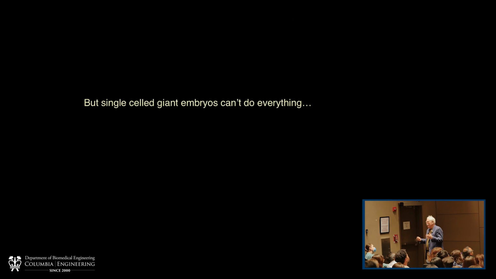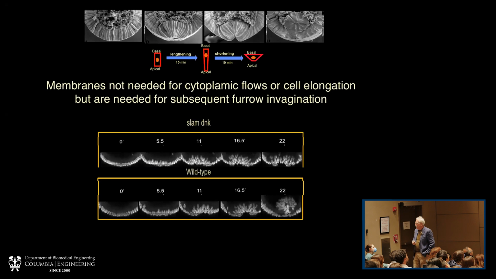But it's not good to be a big cell with no cell membranes. About 25, 30 minutes into the process, the mechanical stresses on the embryos build, and they begin to collapse or tear themselves apart. But even before they ultimately tear themselves apart, if you look at them, you see that they can't actually do everything that the real mesodermal cells can do.